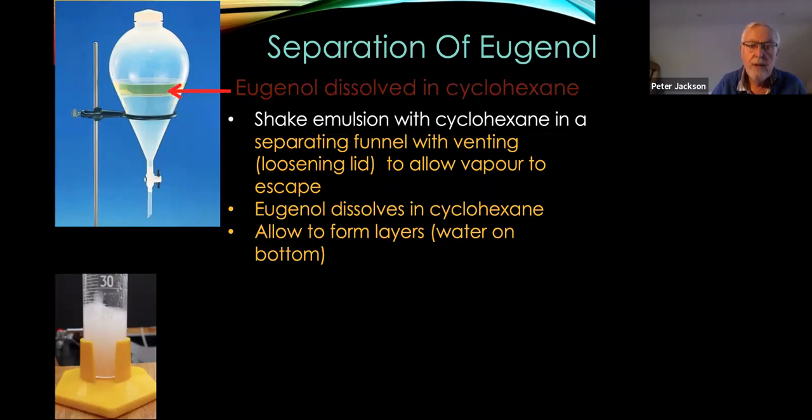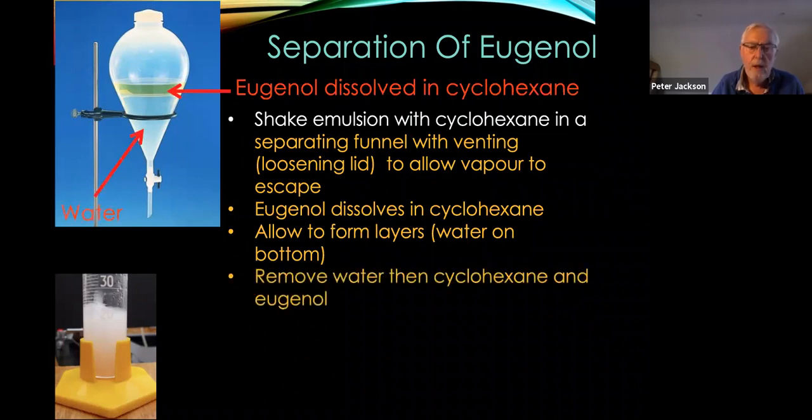Right? So that's eugenol dissolved in cyclohexane. That is water. You remove the water, you open the tap. Here's the tap, you open the tap, the water comes out first, and when it gets to right there, now you can't actually see it, you can see it get to there, but you have to allow that wee bit there. When it gets to there, you close the tap,